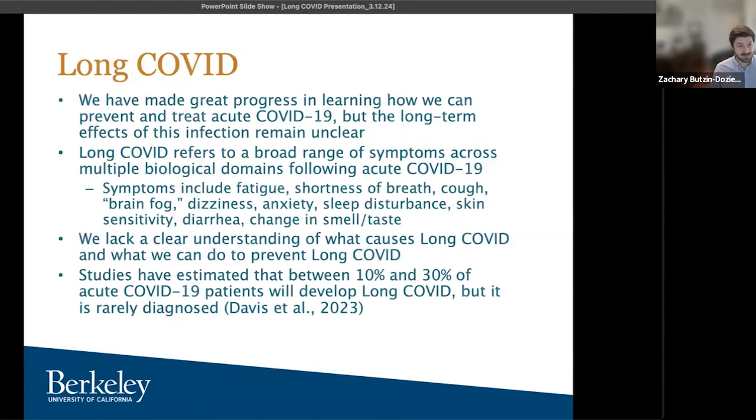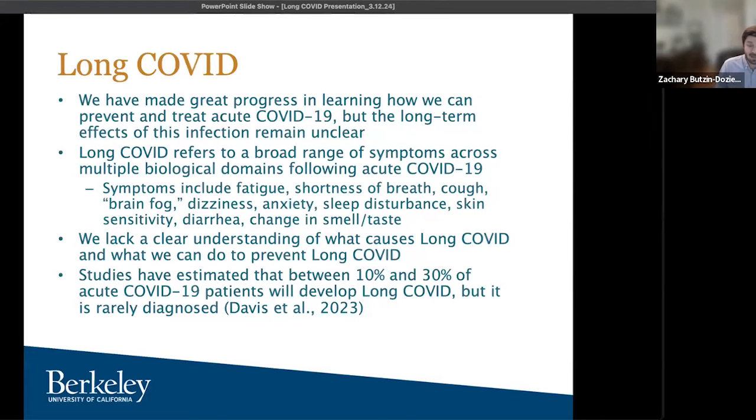So first, the subject area of long COVID. We've really made a lot of progress in learning how we can prevent and treat acute COVID-19, but the long-term consequences of this infection still remain pretty unclear. Long COVID is a really broad range of symptoms across different biologic systems following acute COVID-19. So a big challenge is that there's such a broad range of different symptoms that it's unclear whether there are many different biologic pathways at play, whether we're really referring to an array of different disorders, or how these different symptoms